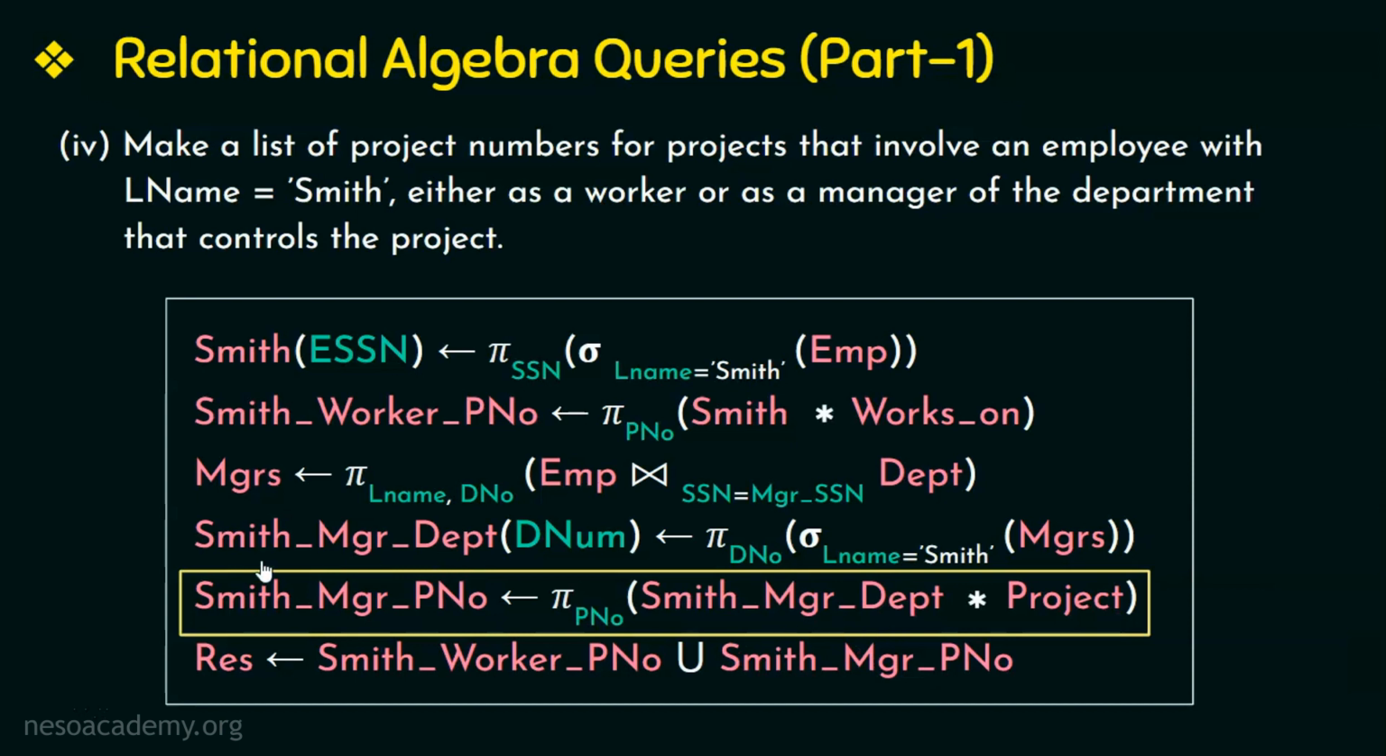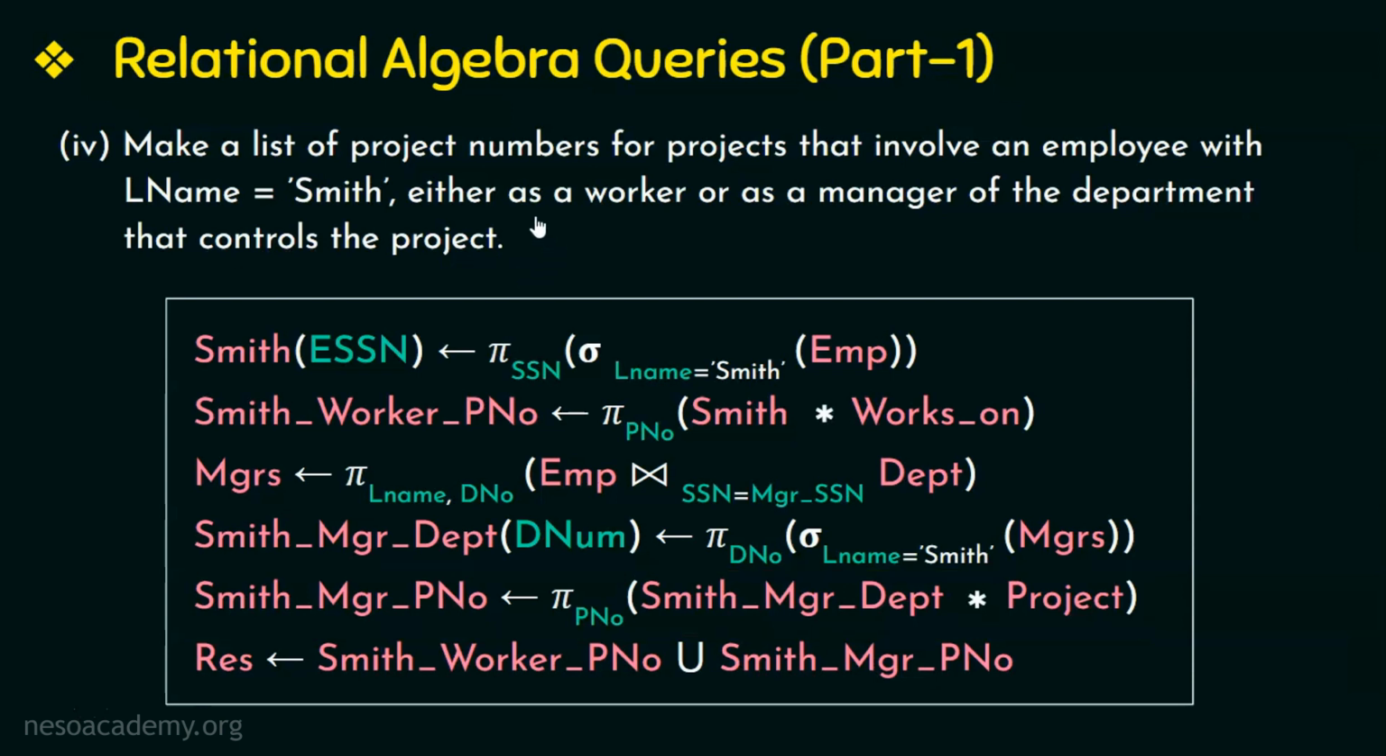Now we know that this relation is empty. So performing a natural join on these two relations will again result in an empty relation. Even though this relation is created, it will not have any data in it. Therefore, there is no project number involving an employee with last name Smith as a manager of the department that controls the project. Since in the question it is asked as a worker or as a manager, this keyword OR